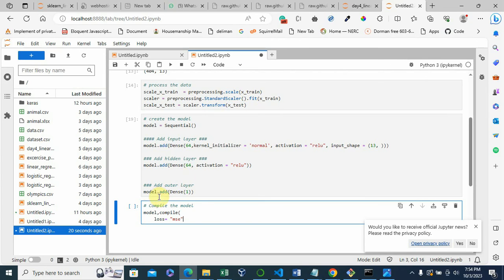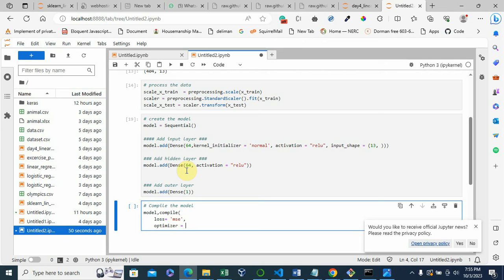Please, in your own interest, you can pause the video and take those notes when you're watching again, because you're not going to see this. So I have this. Whether you use double quotes or single quotes doesn't really matter. Then you have the optimizer to be used, which is going to be root mean square propagation.